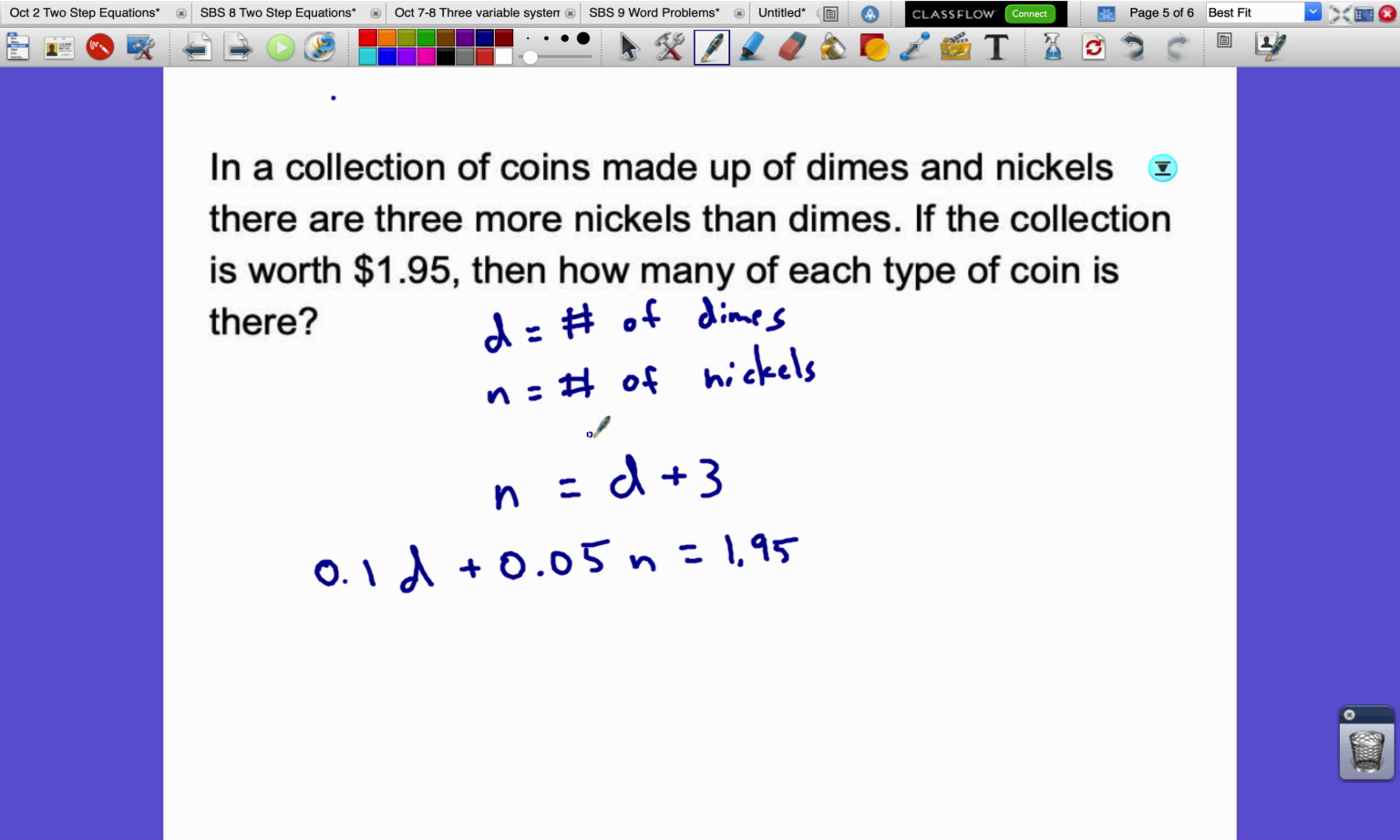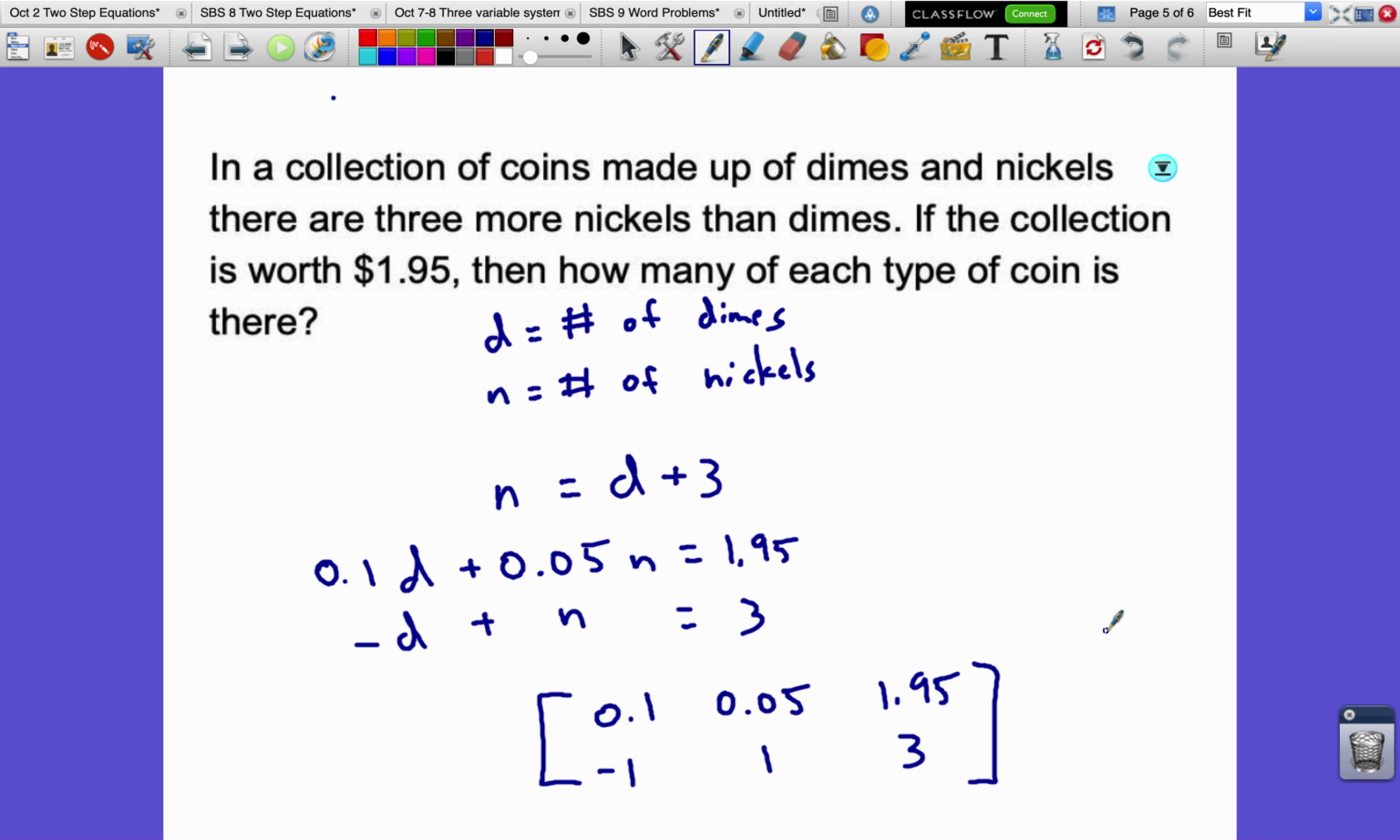This isn't quite ready to become a matrix. I need to subtract a D over to this side. Equals 3. Now I can turn it into a matrix. 0.1, 0.05, 1.95, -1, 1, 3. I'm going to go ahead and pause the video so I can plug this new matrix